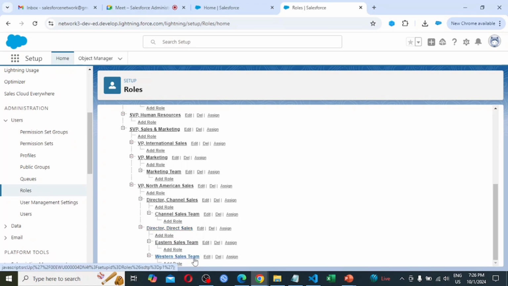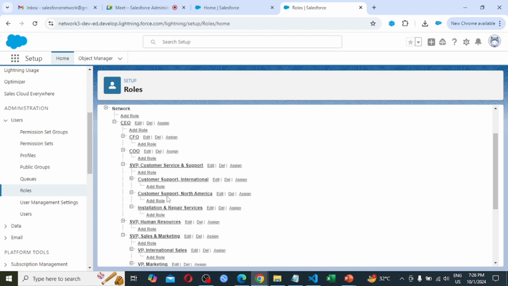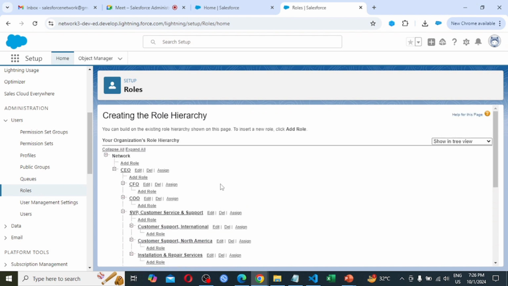Western can see their records, but they can't see direct sales record. So in the role hierarchy, if someone is coming down the line, they can see their records only. They can't see the records above their role hierarchy. So this is the only concept in the role hierarchy.